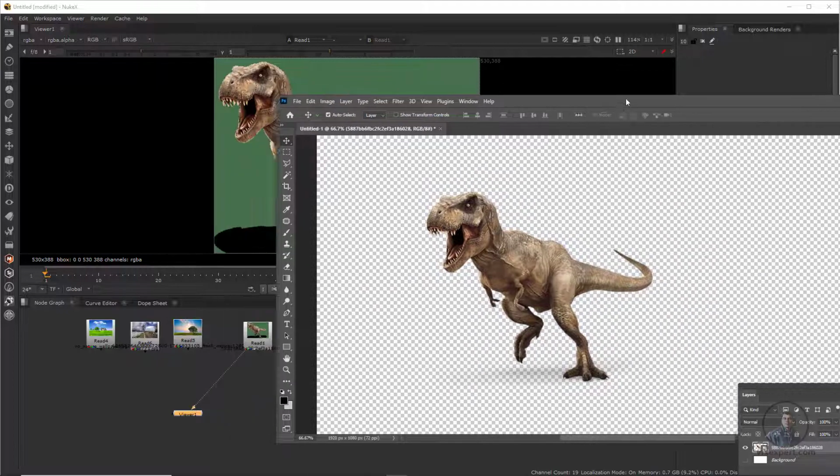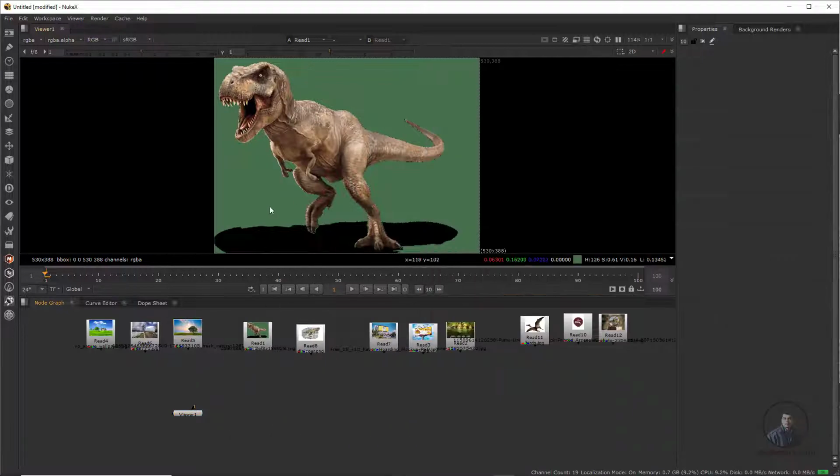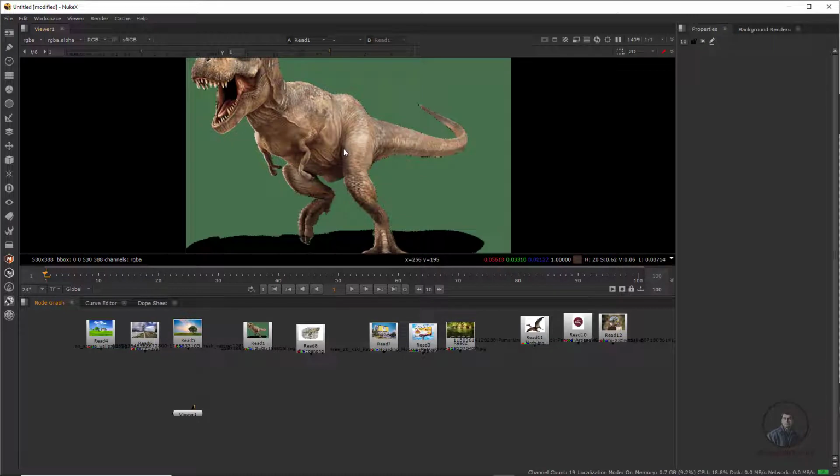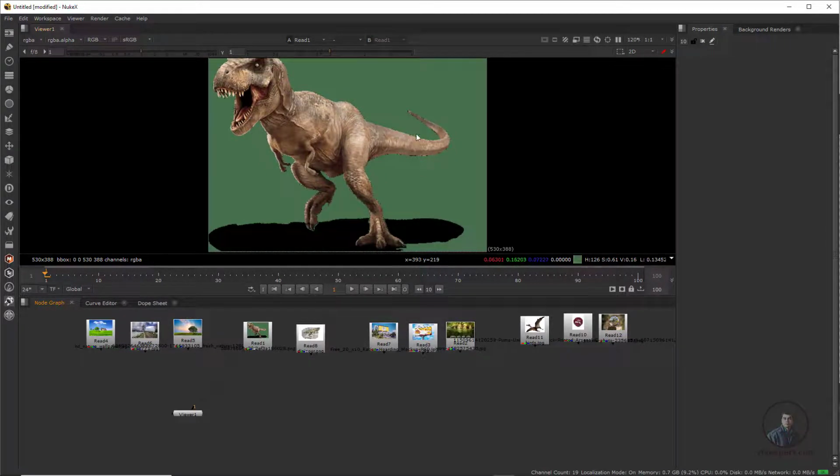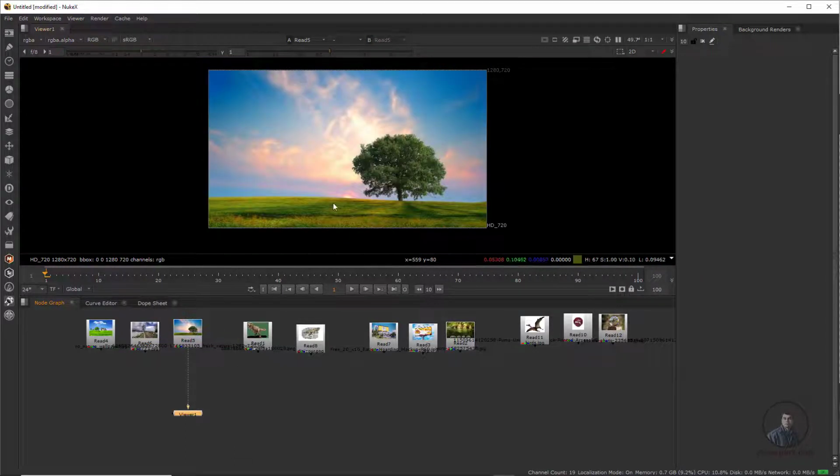But if you see here in Nuke, it's showing some green background here. It doesn't matter what is showing, but you have to check your alpha channel. If the alpha channel is there, then you can easily remove this background with the help of a Premult node, because by default if you import PNG images in Nuke, it will display an unpremultiplied image. So first we have to check whether the alpha channel is there or not, then we can composite this image on top of this background here.